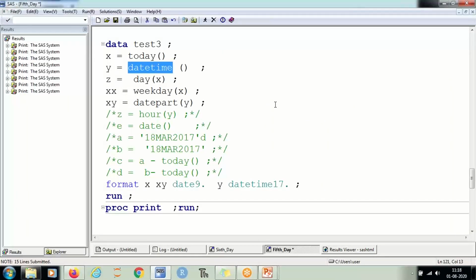Yes, what is the issue? X is getting enabled as code rather than a variable.